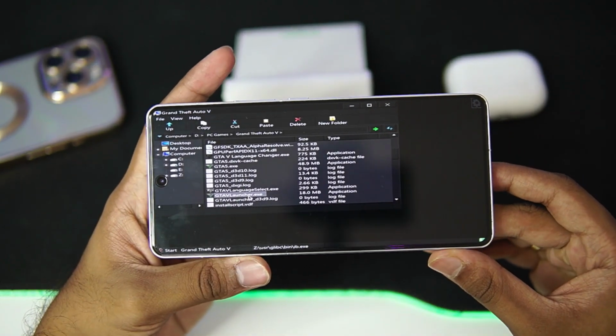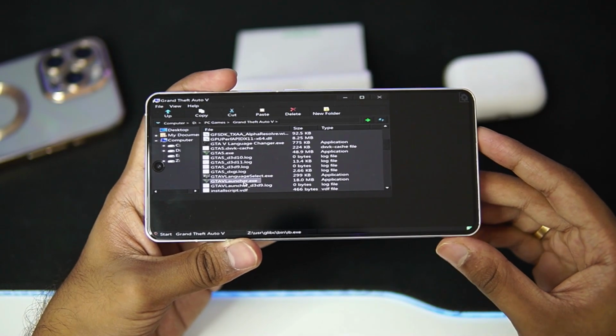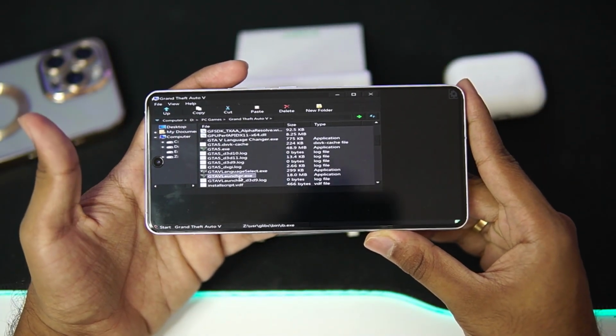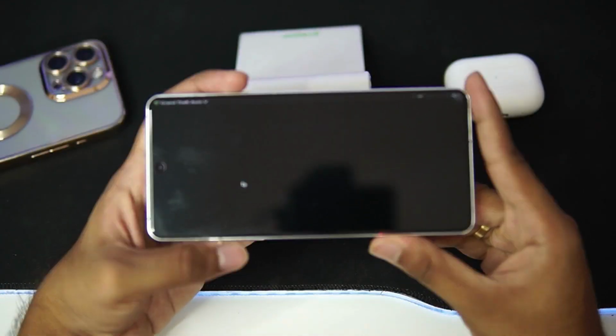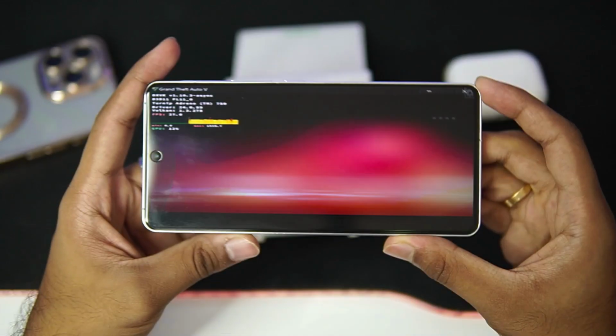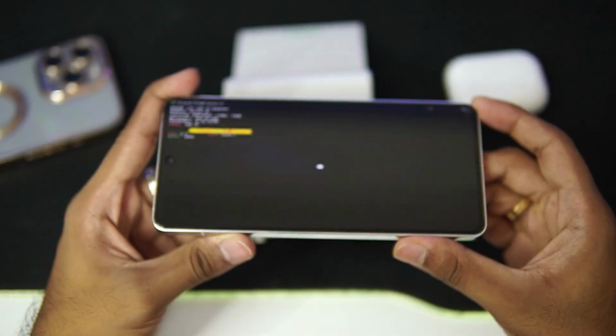But one thing which you'll notice is that if you have the latest brand new Snapdragon 8 Gen 3 Android devices, then you might face some issues as follows. First of all, MOBOX Simulator won't provide you with the maximum amount of performance possible on Snapdragon 8 Gen 3 devices, as this emulator has still not been optimized for such devices. So for today's video, I am using iQ12 with a Snapdragon 8 Gen 3 processor Android device and 16 GB